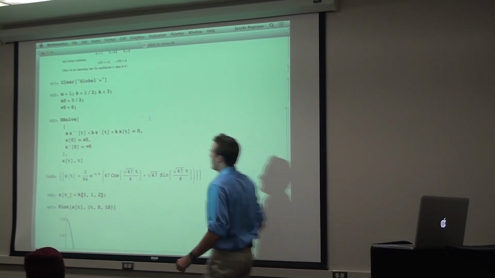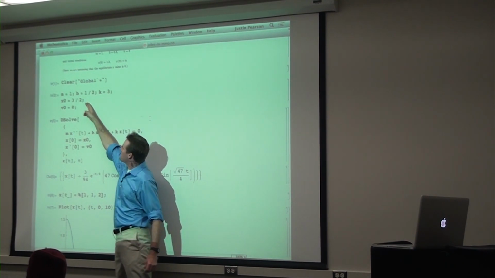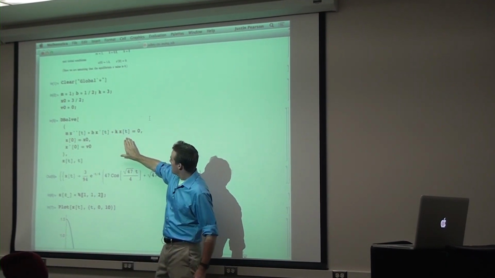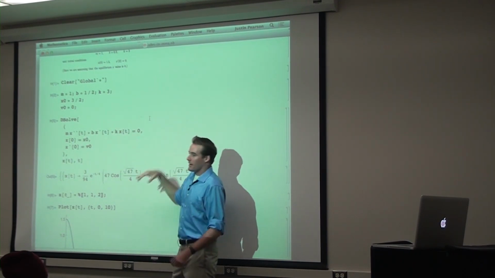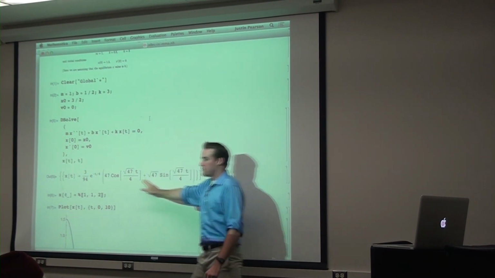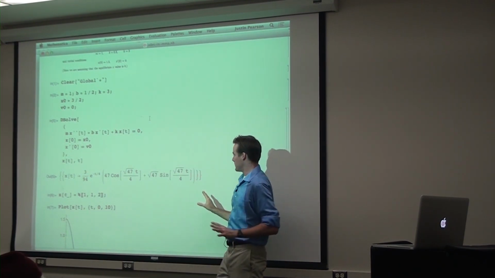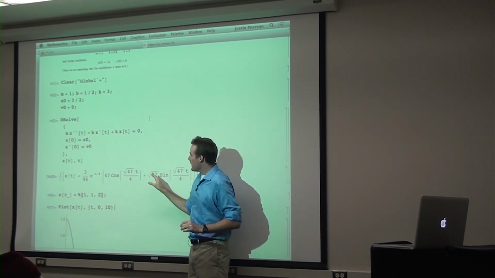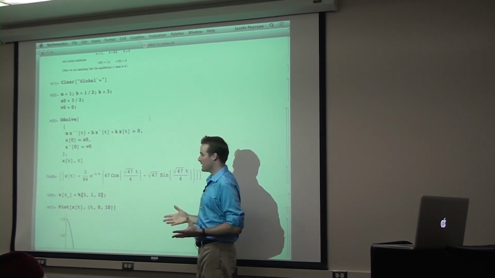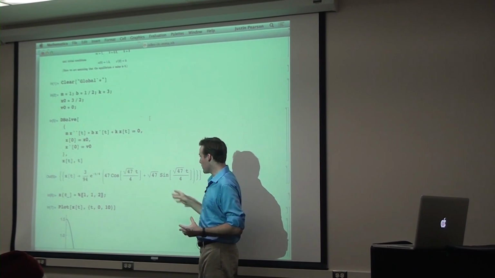OK, so same kind of thing. I've defined some variables, like the initial position and the initial velocity. I call dsolve like I did in the second slide with this ODE that the problem gave to us, and it spits out this big long thing. OK, so this looks horrible, but having the analytic solution to an ODE can give you a lot of insight into what's going on mathematically, more than if you just solved it in